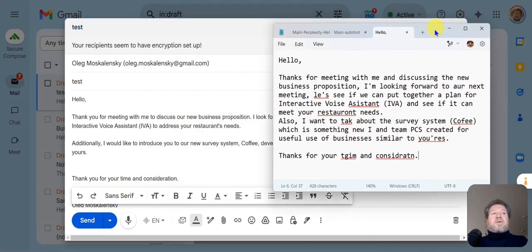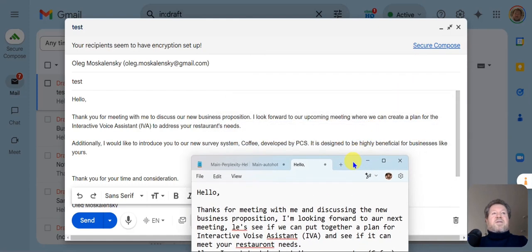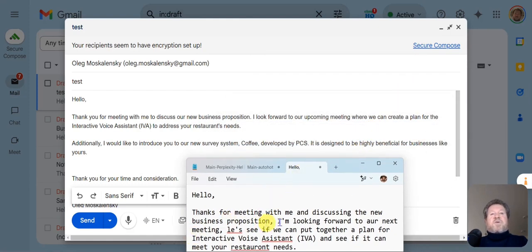Okay. And so you can see the difference. It says over here, thanks for meeting with me, discussing a new business proposition. I'm looking forward to our, which is misspelled here, next meeting. Let's see if we can put together a plan. So you can see it's a bunch of misspellings. So it transformed into